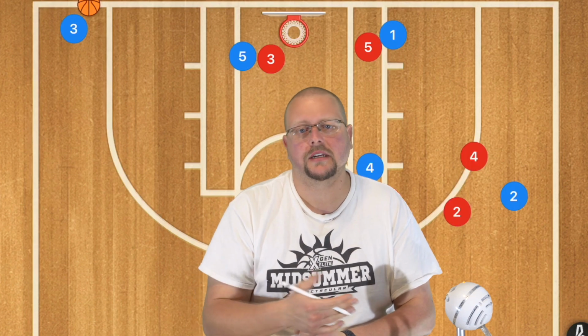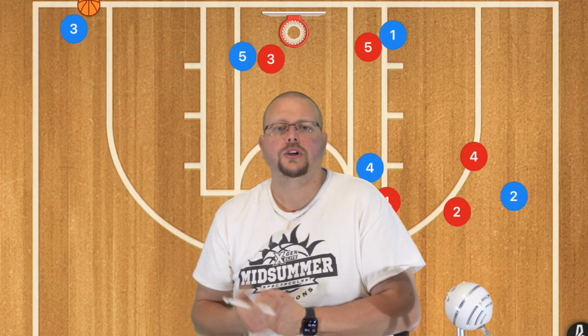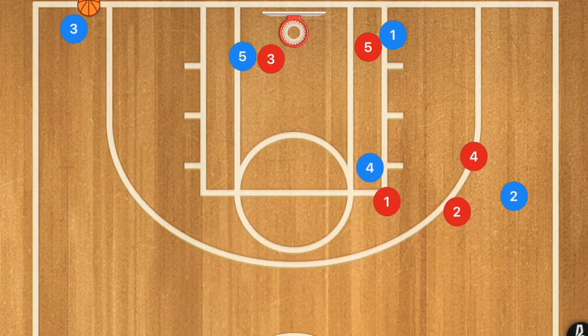So even though that high post is a massive weak point, you can fix that by covering that high post. However, once they start moving off ball, you better be pulling out of that 2-3 and maybe switching to something else. So for example, you could actually have my unbeatable defense that is down in the description below,